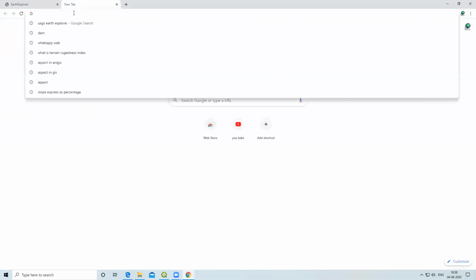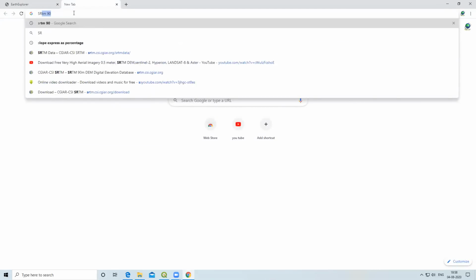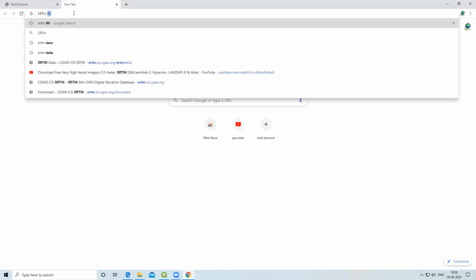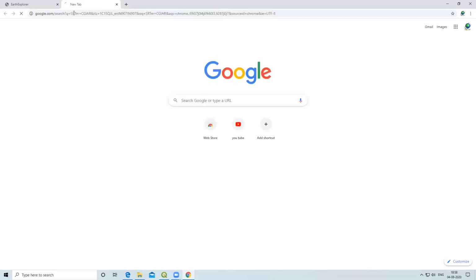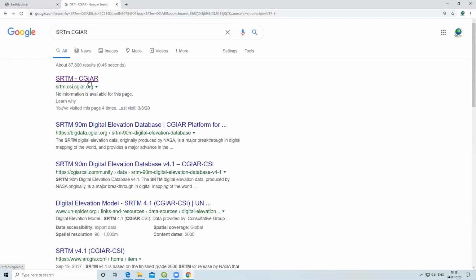I will type here SRTM CGIAR. From this website also you can download SRTM. I will click here. After that, the SRTM CGIAR website will open.